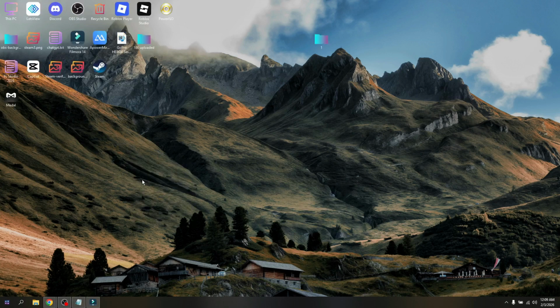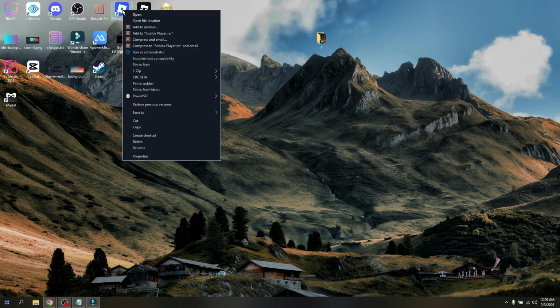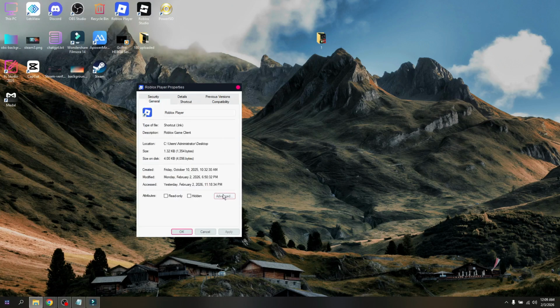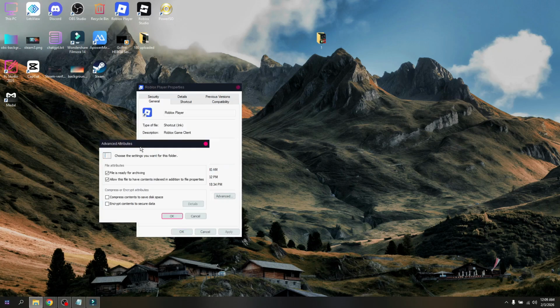Now, for you to be able to run it smoothly on that specific legacy operating system, all you have to do is right-click on your Roblox player and then head into Properties. Then from here, all you have to do first is go into General and then go into Advanced. Now from Advanced, make sure that this option that says compress contents to save disk space is ticked